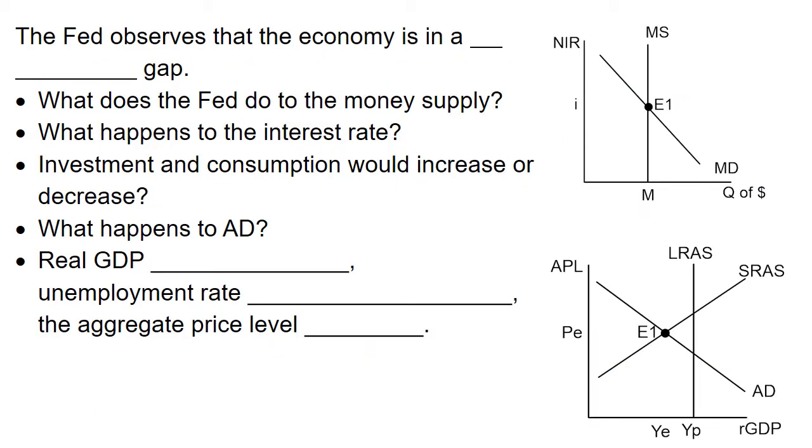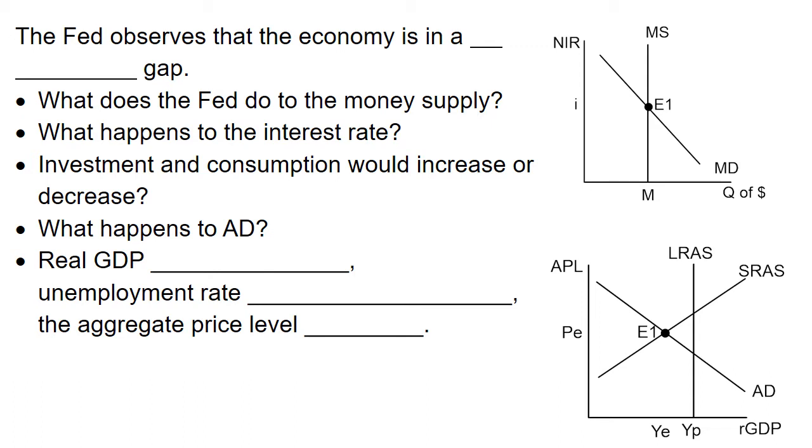Let's go through the step-by-step process of how monetary policy will be used to affect AD-AS. The whole purpose of connecting the money market model to the AD-AS model is to show how monetary policy can be used to solve recessionary or inflationary gaps. So first of all, we're trying to figure out what kind of a gap that we're in. The AD-AS model shows us gaps,